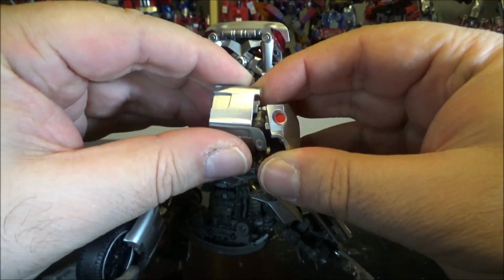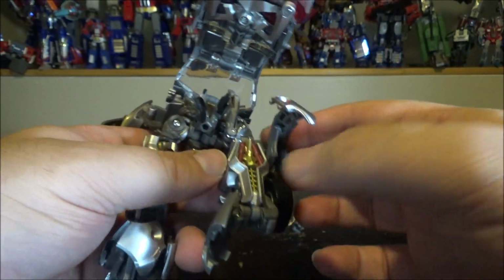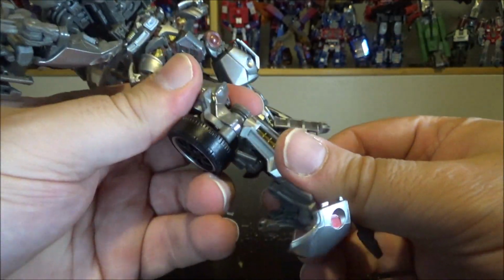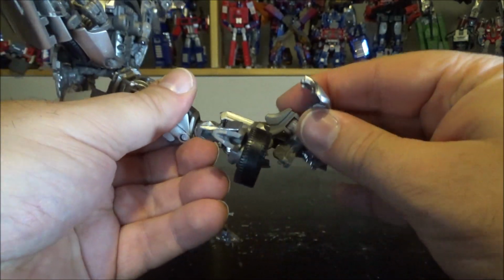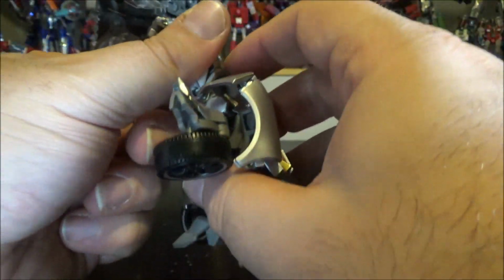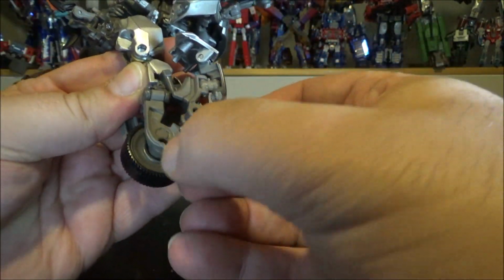Flip this, separate this like this, open this panel up like this, bring this up, flip this down on the double hinge, flip it around here, and bring the calf over the knee right here. Bring the wheels down, bring this up as possible. Clip the calf on the knee, flip this all the way around, bring the wheels down like this, flip the toe a little bit down,